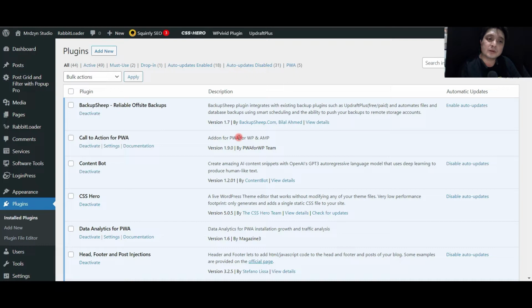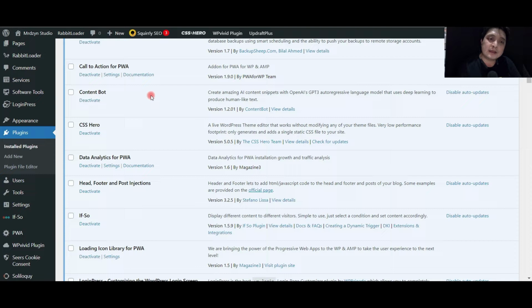So going back to our WordPress website, I have different plugins that I'm currently using to speed up my website, like RabbitLoader. That's a previous deal on AppSumo. Same with BackupSheep, which was also available on AppSumo. And I also have here the PWA for WordPress, so my WordPress website will be able to be like a progressive web app. I've also installed ContentBot,